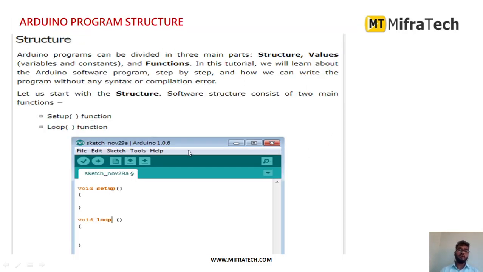So next we will see what the general program structure is. Whenever you open a sketch, generally it has mainly two functions. The program structure has two main things. One is the void setup function and one more is the loop function. In an Arduino program, mainly two functions are there. One is the setup function, one more is the loop function. One is the void setup, as you can see here. Here you have to do the setup things, like for which pin you have connected which sensor or which actuator. And in the loop you have to write the actual code.